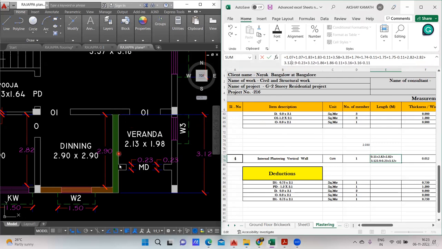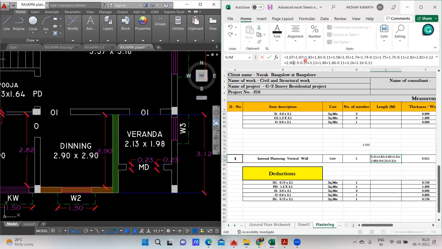Now in this 3.12, this is also included. Even though it's a column offset, here brickwork is coming. But this portion, you'll do the plastering. No, this portion is included in 3.12 only. Okay, fine. Now on this side, what will happen? It is 2.90. Otherwise, 3.12 minus this 0.23 will give you 2.90. That also you can do. Else you can directly take 2.90. I'll directly take plus